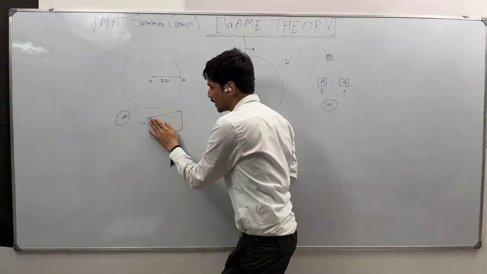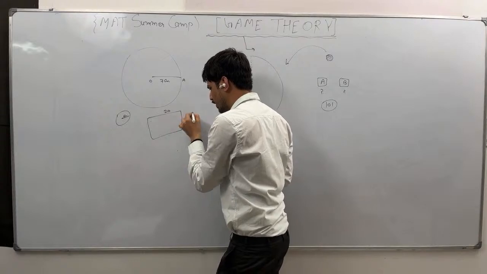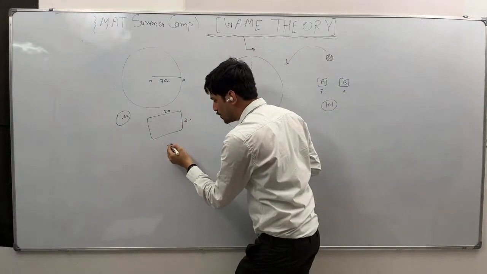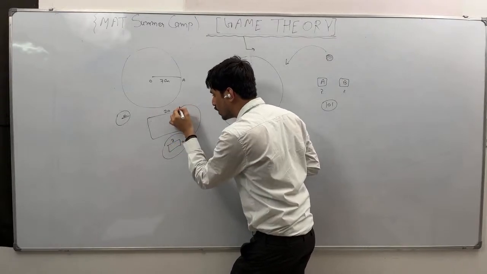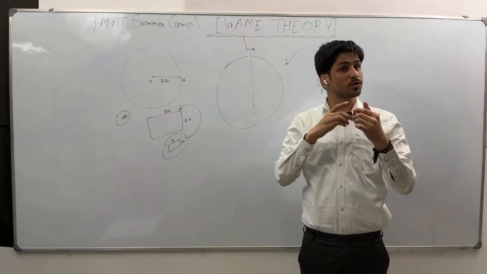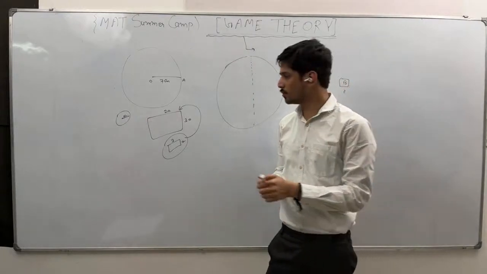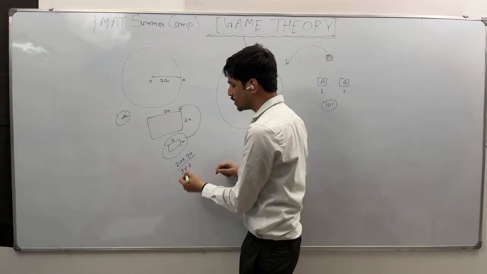Let's say I have a rectangular plot of 20 into 30, and I want to install tiles, and let's say the dimension of a tile is 3 into 2. Now tell me, how many tiles do I need for this? What will we do? Area of this floor divided by area of a single tile, right? It will work here: 20 into 30 divided by 3 into 2. So what will the answer be?